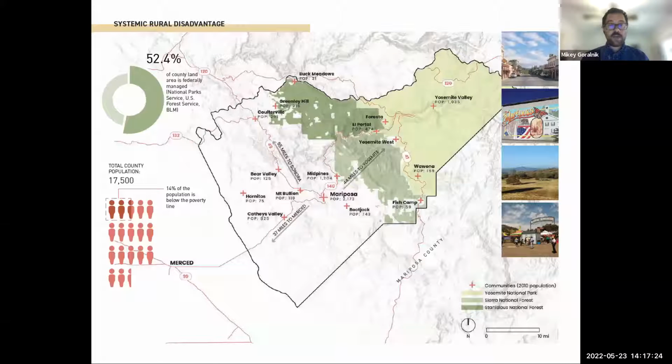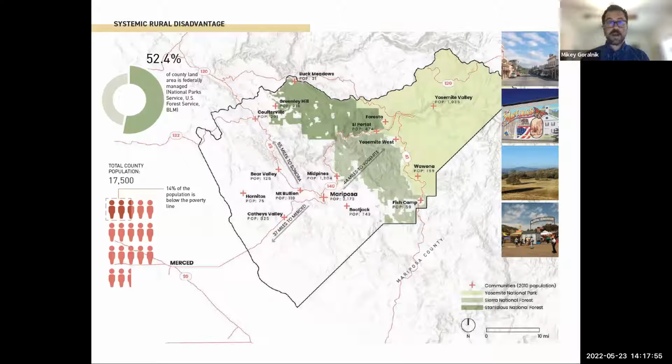So Mariposa County is a small rural county. Drop us a note in the chat if you've ever been there. We're located in the Sierra foothills, including the Sierra Crest. So our county is on a transect from the Central Valley. The western part of the county is ag land, very agrarian, mostly ranching, up into around 2,000 feet of elevation with the foothills and the largest community in our county, which is the town of Mariposa.